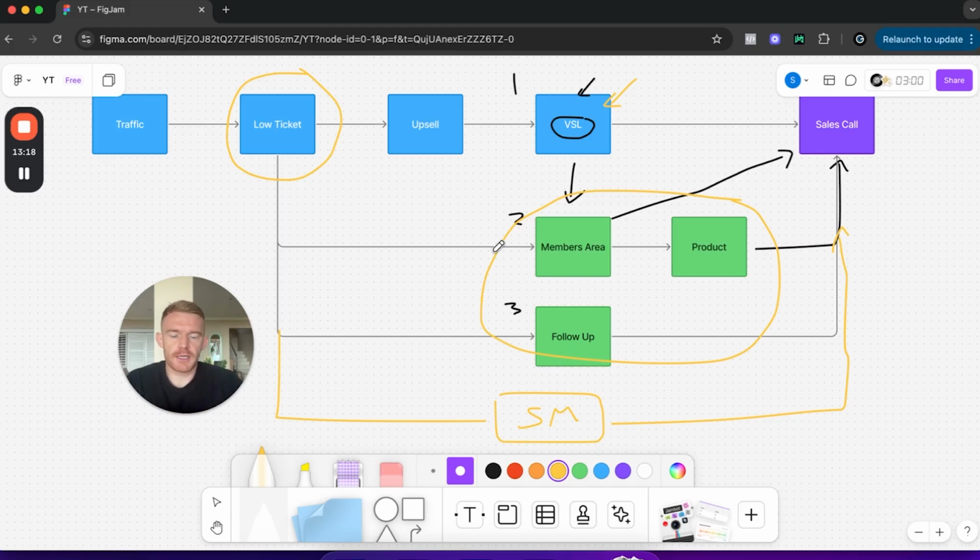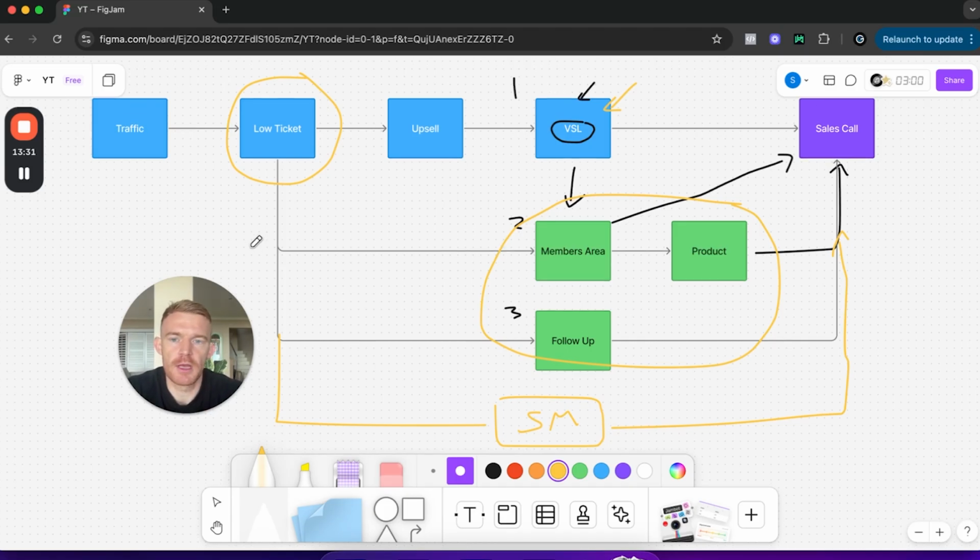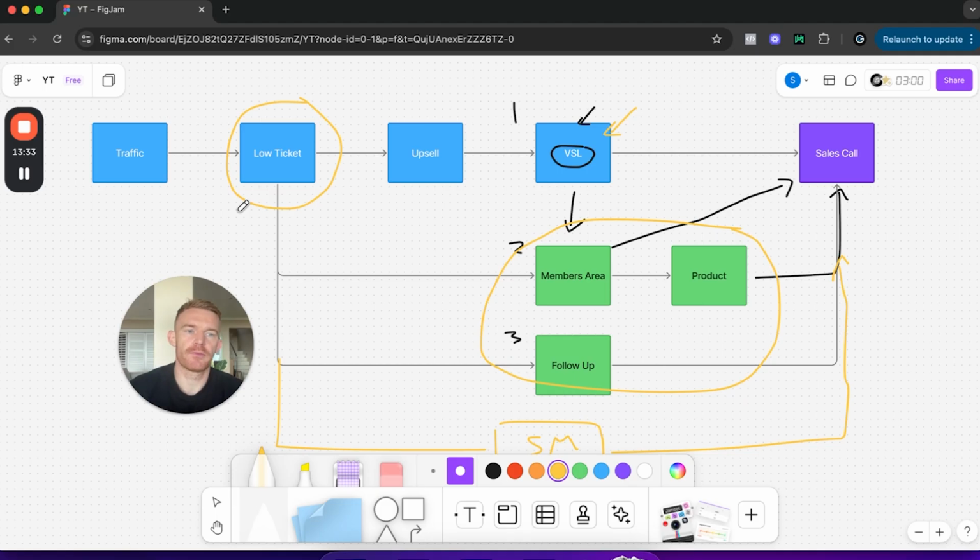So with your low ticket product, there's two ways in which you can approach it. Number one, you can solve a micro problem that leads to the bigger problem. So for example, in the ad space, I could create a low ticket product that teaches people how to script Facebook ads, whether it be text copy or video script copy.